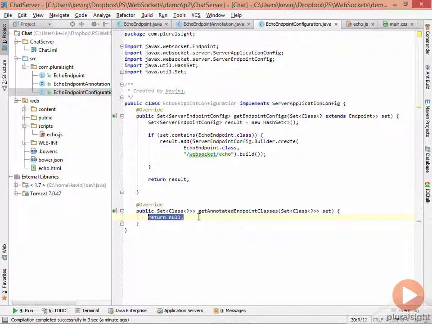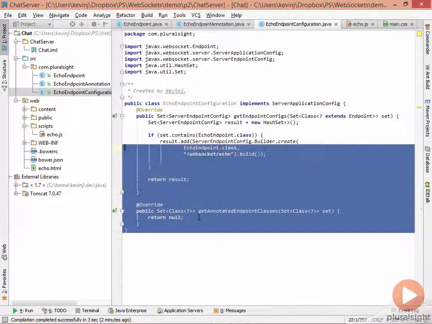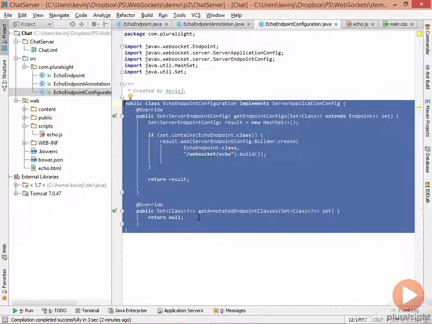So we need to do one of two things. We either need to add into this the set of annotated endpoints we'd like to return, or we simply get rid of this entire class. In this case, let's just get rid of the class. So if I just comment this out,